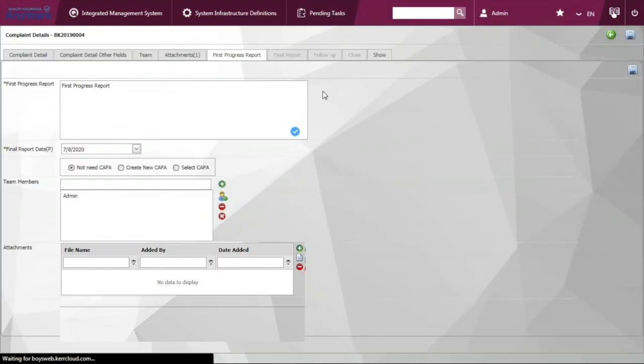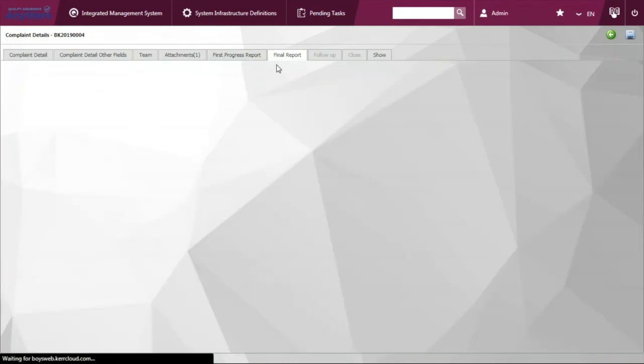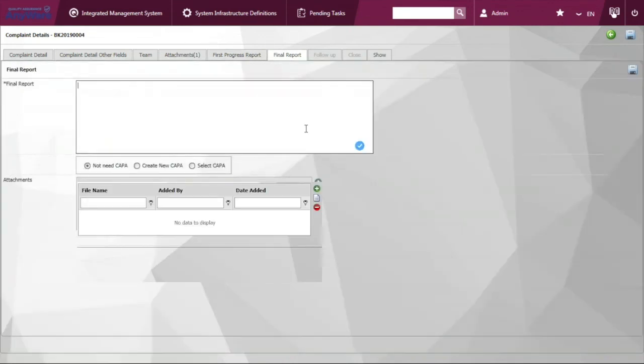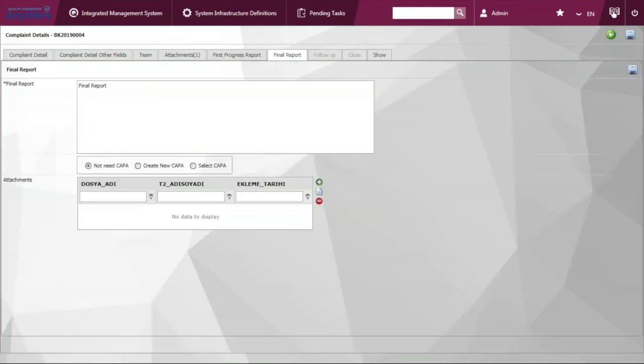After saving the first progress report, we can file our final report. At this step, you can also pick if we need a new corrective action or select an existing one here. For example, it is the final report, then we can save it, and this will be sent for approval.